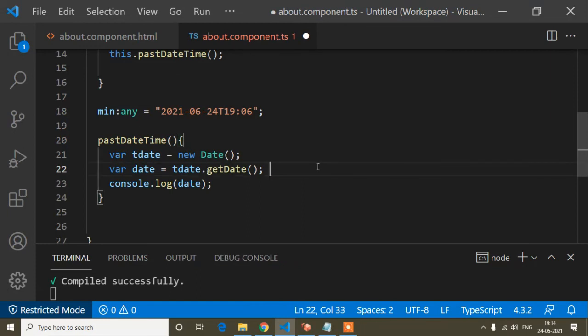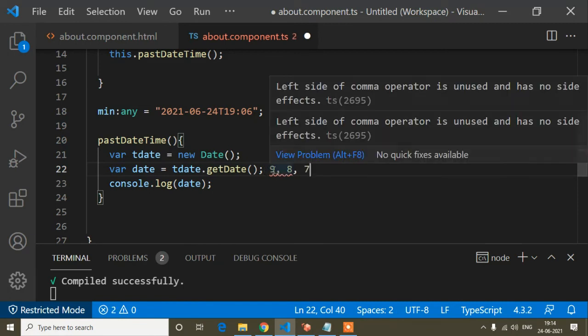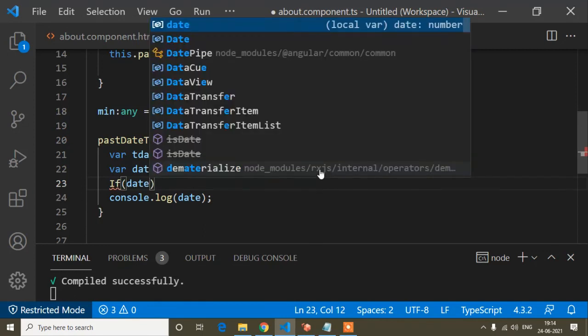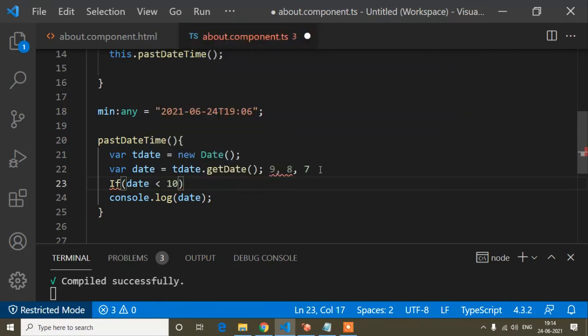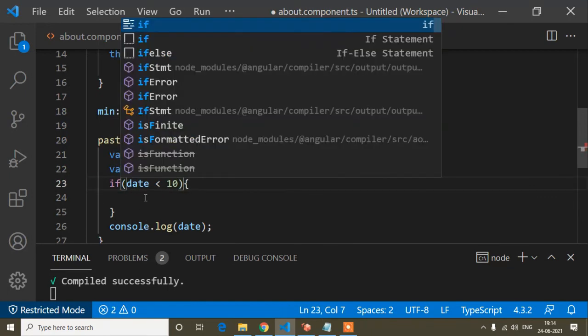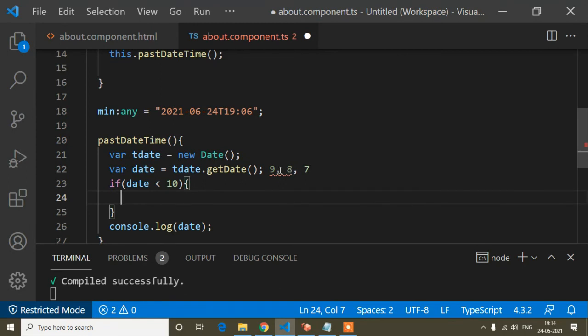But when it is less than 10, like 9, 8, 7 down to 1, that is one digit. So when the date is less than 10, I will write a condition here. If the date is less than 10, then I will add a 0, like 08, 07, 09.